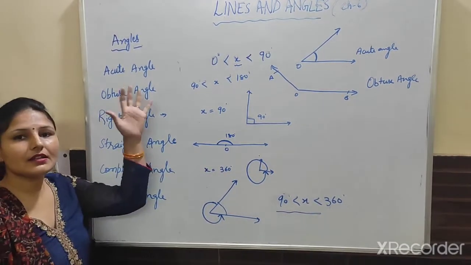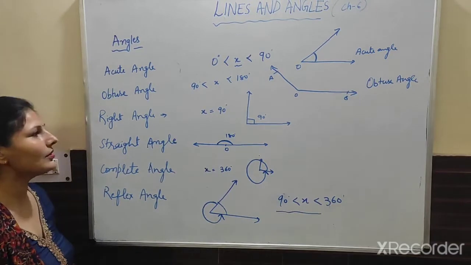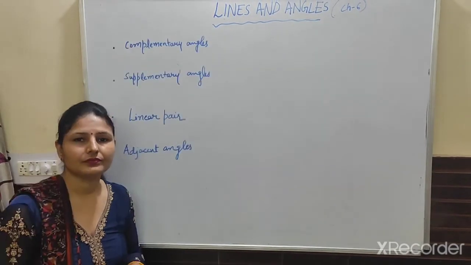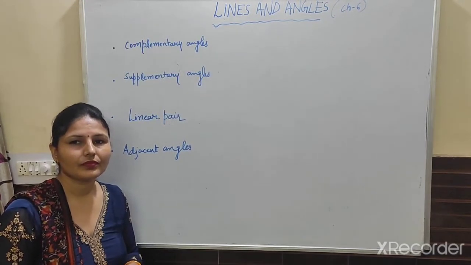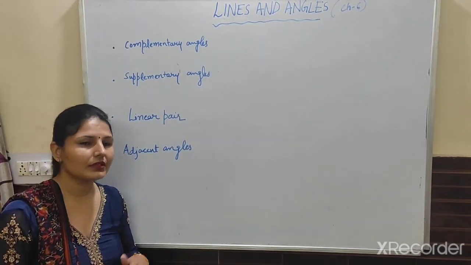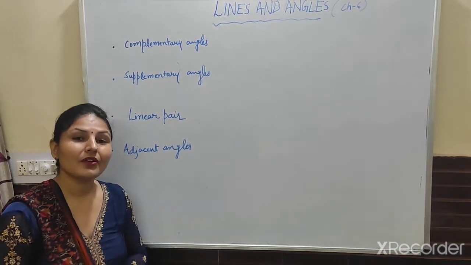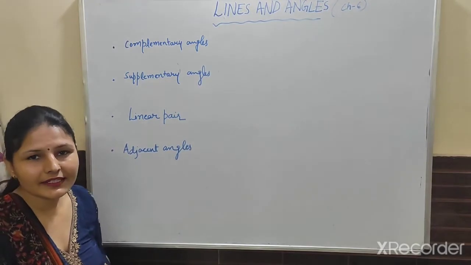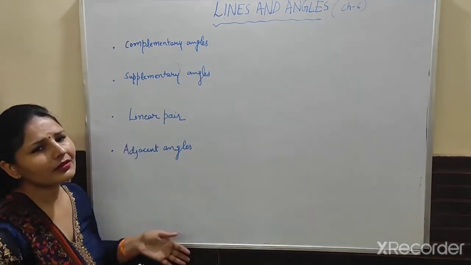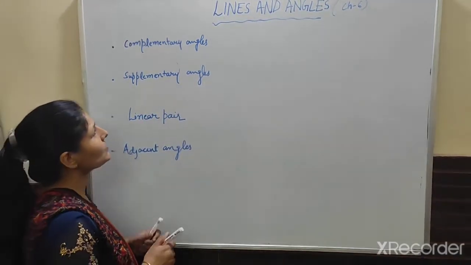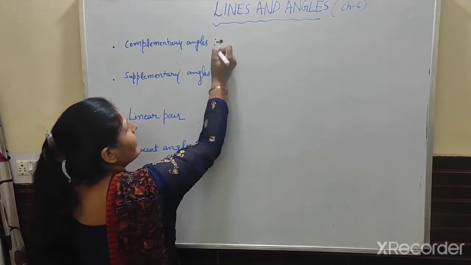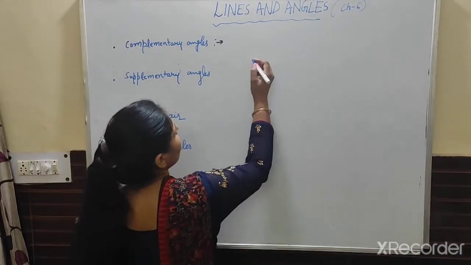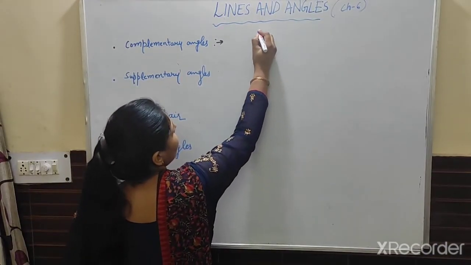Okay. These are all angles, or you can say types of angles. Now we have discussed angles and types of angles. Now we will learn how these angles are related to each other. These are called related angles. When the sum of two angles is 90 degrees, they are called complementary angles. For example,